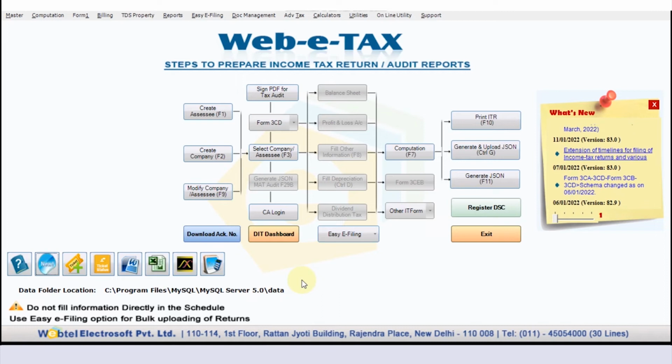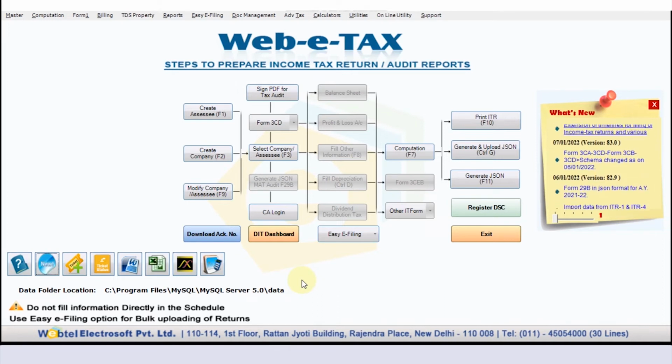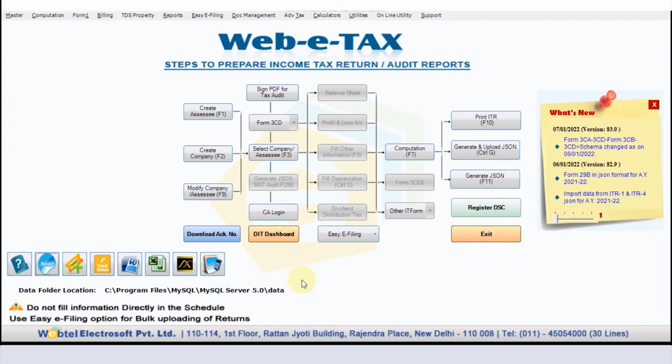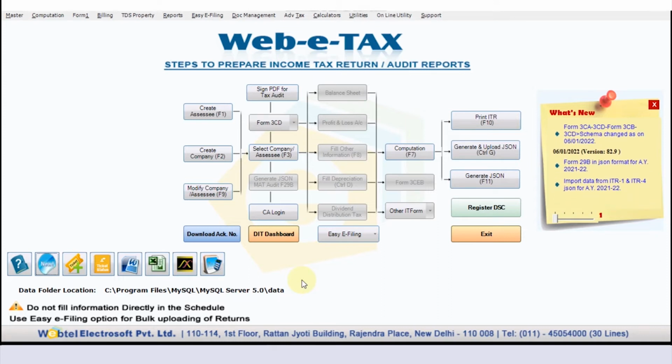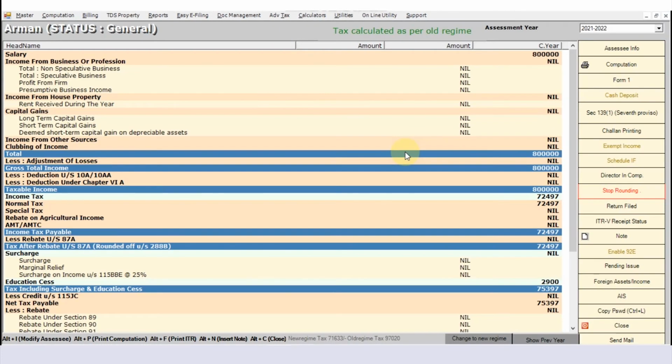Now, as per our example, we need to show the income details as well as investment amount to claim the deductions under 80C. For providing the details, go to the computation page and then enter the income details of Mr. Arman. As I have already entered the income details of Mr. Arman over here, to show the exemption details, you just need to click on deduction under chapter 6A option,